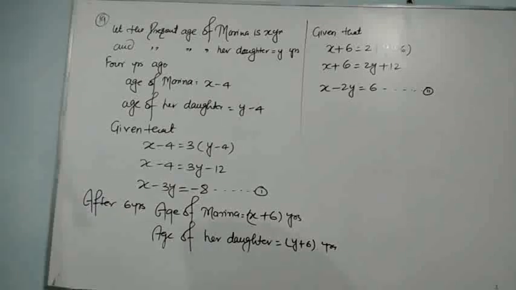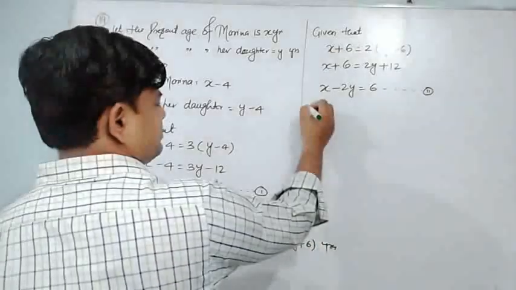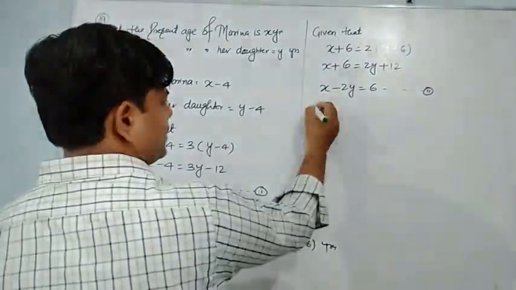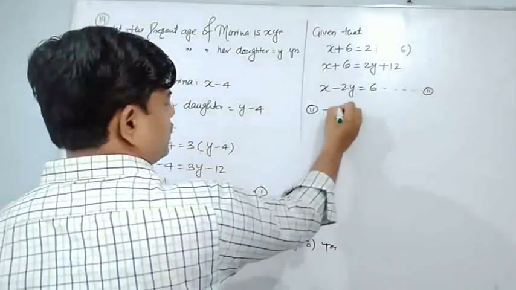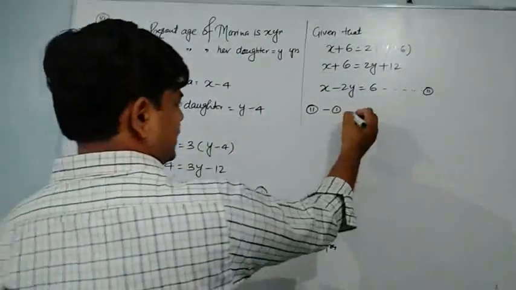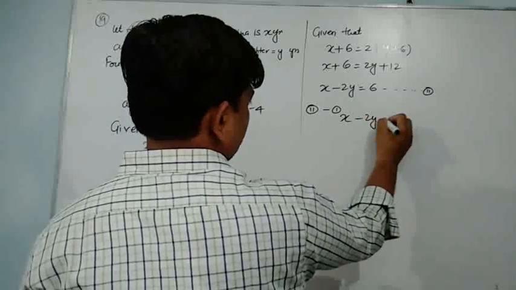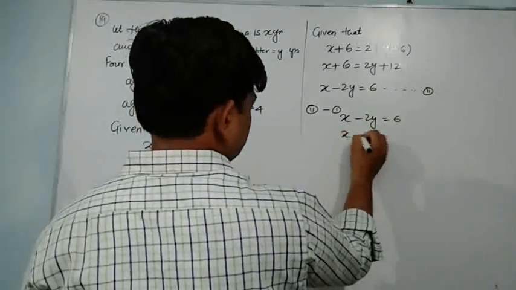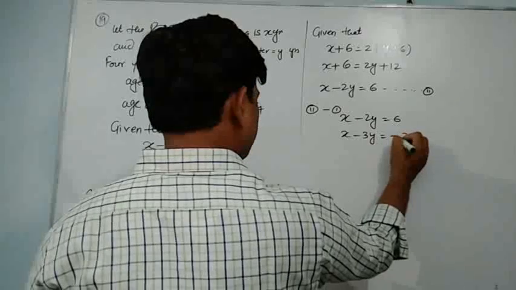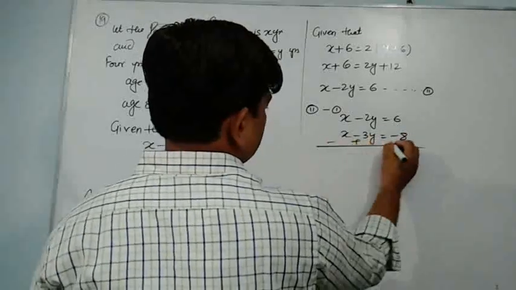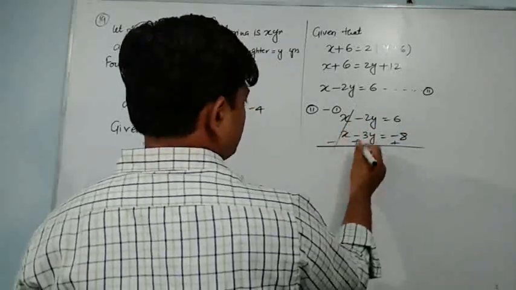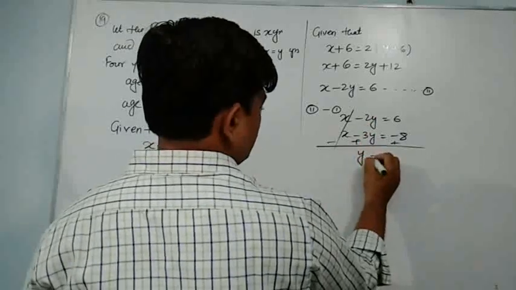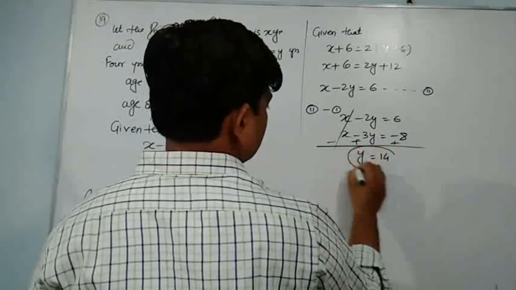I think we can solve. No need to do anything. Simply we can write, x and x are the same, na? Simply 2 minus 1, x and x will be cancelled. I am writing it once, then doing this one, because sometimes in a hurry people can make mistakes. See, minus, plus and plus, they can eliminate. Minus 2y plus 3y will be y is equal to 14.